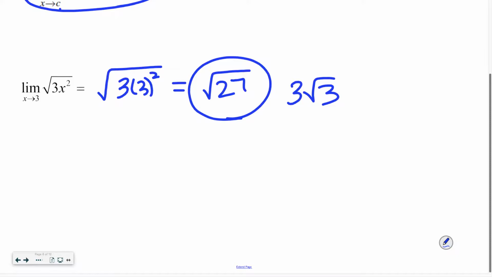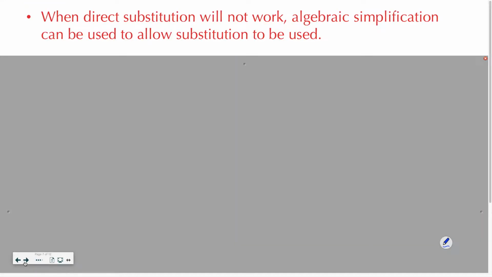Okay. Now, if direct substitution does not work, you don't have to write this down. This is just kind of a reminder for me. If direct substitution does not work, then we have to go to an alternate method. And really, that's a lot of what we're doing for the next week and a half. What if direct substitution doesn't work? Okay? So